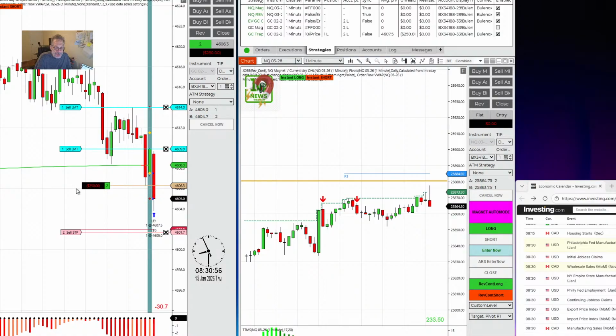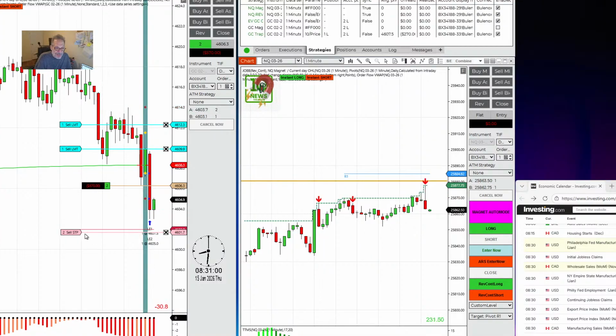Second position is filled. Remember what I said, this is a trap trade. Seeing European manufacturing at minus 3.7, compared to the prior of minus 3.9, that revision has not been great. If we get a reversal in gold, I'd like to take profit somewhere near the VWAP. Very choppy. I don't like the behavior. Initial jobless claims, 198K, super negative on gold, lower than the forecast of 215K, prior revised to 207K.